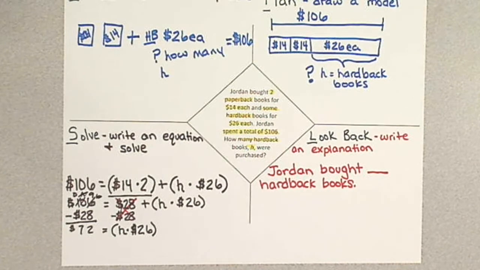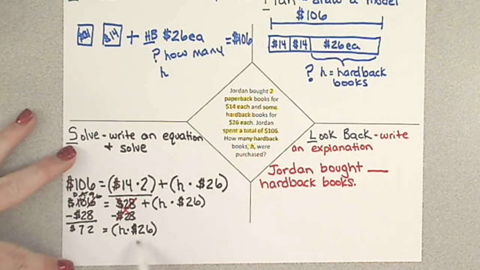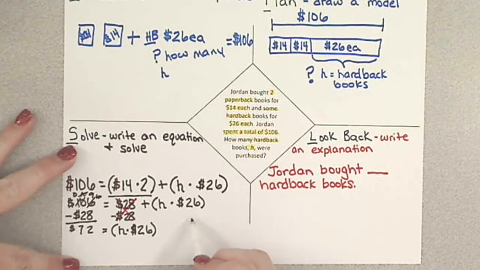Okay. So now I can do a couple different things. I am going to list the multiples of 26. So 26 times 1 is 26. 26 times 2, well, I know that 26 plus another 20 is 46, and 46 plus 6 is 52, plus another $26. So 50 plus 20 is 70. 52,